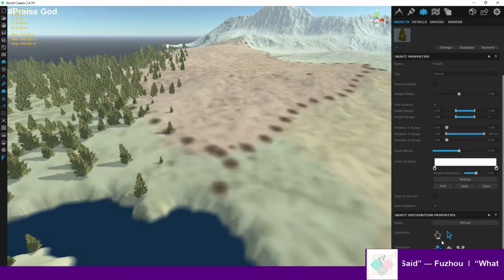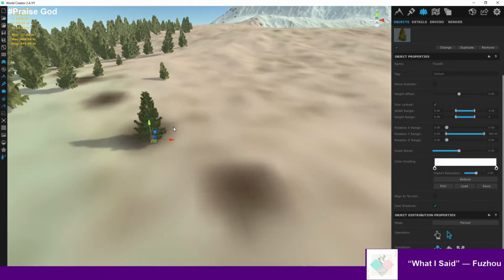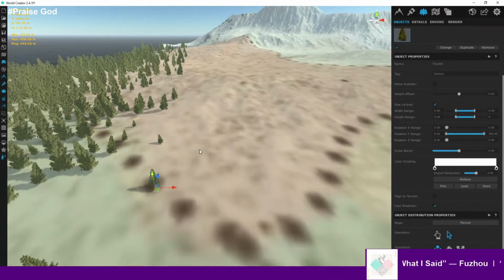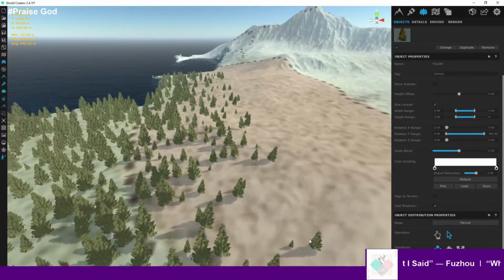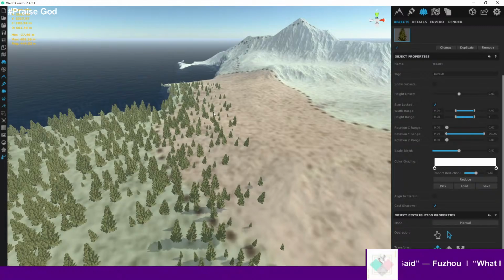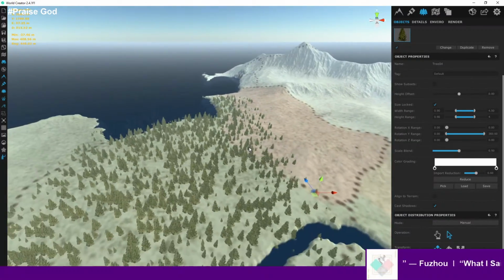Select object, so I could select a single tree and delete it. This area is supposed to have burnt trees and stuff like that, but